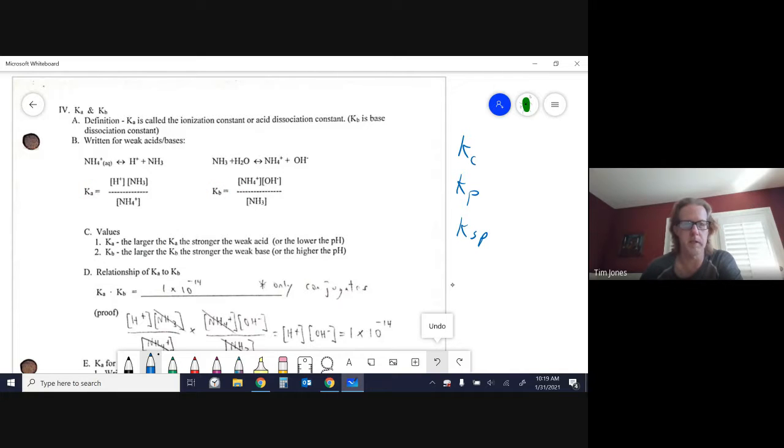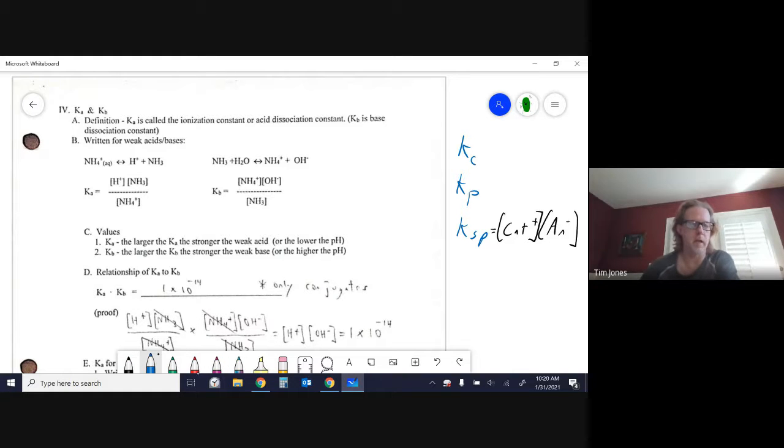Now, one of the nice things about when doing Ka and Kb is that it is usually the same pattern, kind of like when we did Ksp. And the Ksp almost always was equal to a cation times an anion, and there was no denominator in typical problems. And that was nice that it had that pattern. If you didn't see that, you knew that something was wrong. Well, it's the same here